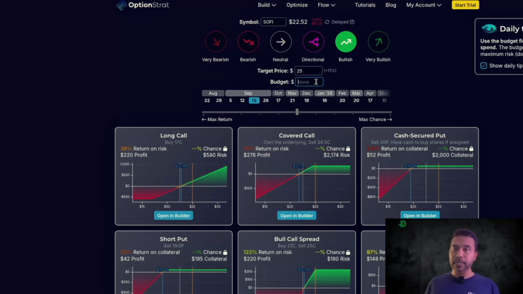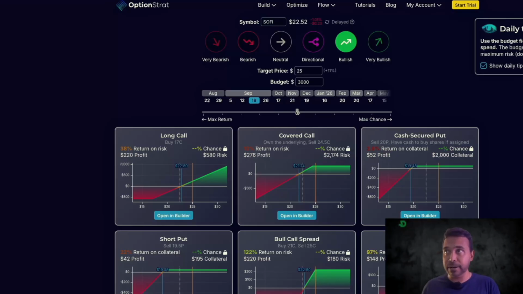So let's say I'm gonna start with, let's say I have a $3,000 budget, and this is the expiration, right? So expiration, you can think of it as, if you are bullish, when do you think that your target price is gonna hit? So if you think your target price is gonna hit in about a month, from a month from now, when I'm recording this, it will be September 19th. So I'll just say September 19th here,